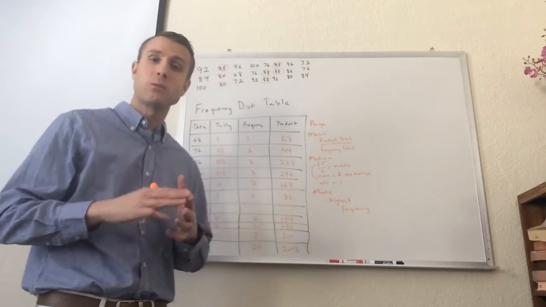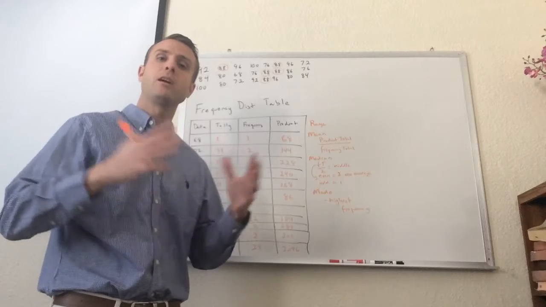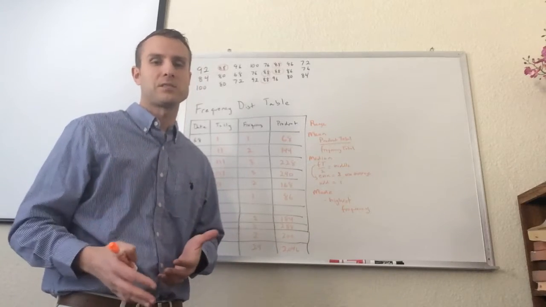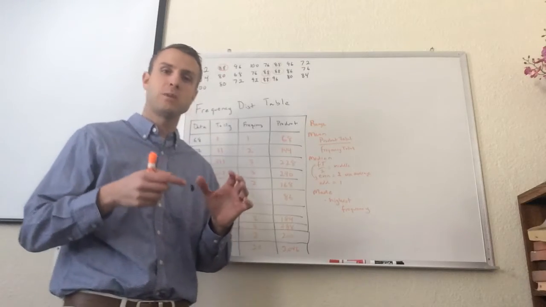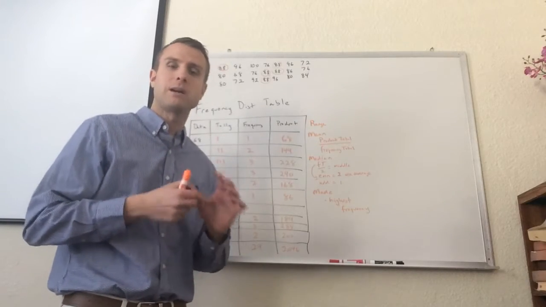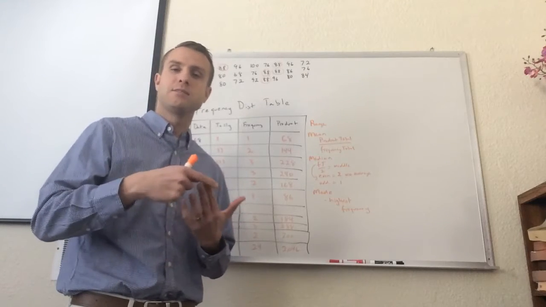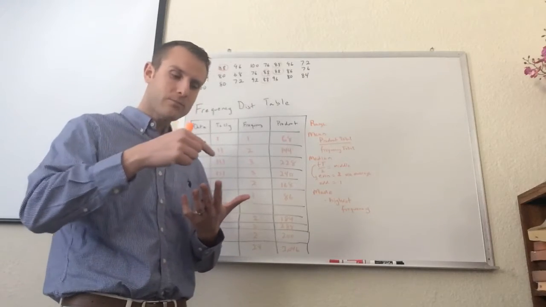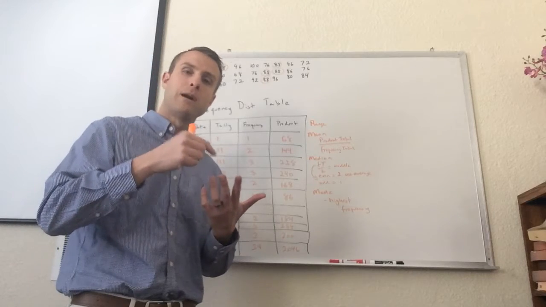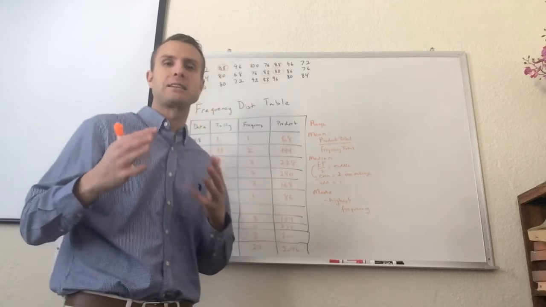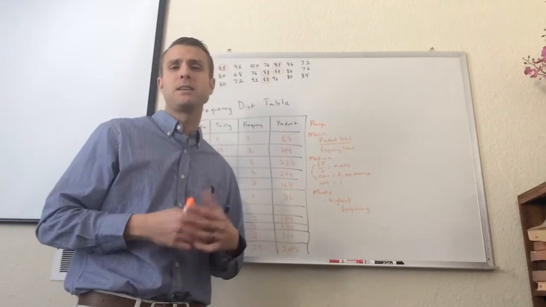But box and whisker is really good if I just want to see a big overview of the information, but I don't need to know which actual numbers I have. Remember, the box and whisker just gives me my lower extreme, my smallest number, my upper extreme, my biggest number, and then it gives me my three medians, my lower quartile, my middle quartile, and my upper quartile. So it gives me a good idea of the types of numbers I have, but it doesn't give me my